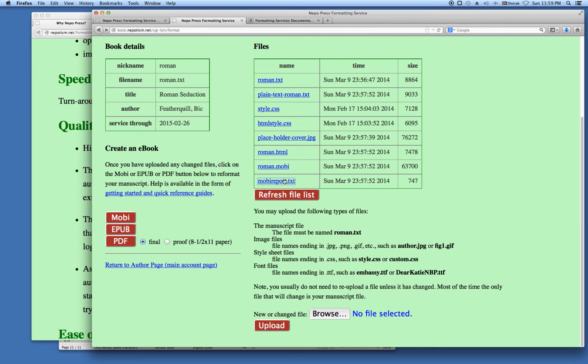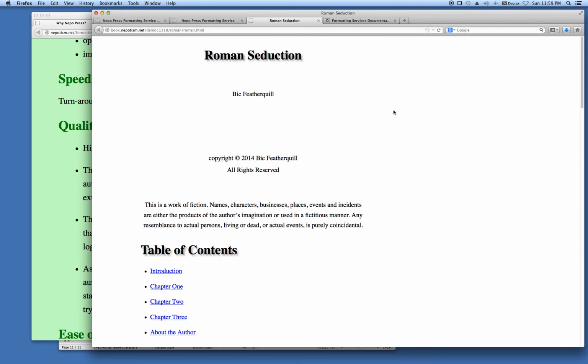In addition to making the Mobi file, it also makes an HTML version that you can look at right here in the web browser. We'll just right-click on that and choose Open in New Tab. And it opens the book right here. This lets you take a quick look to get a rough idea of how your formatting went. And notice that it has made our title page with our author name, our copyright page with our copyright information,